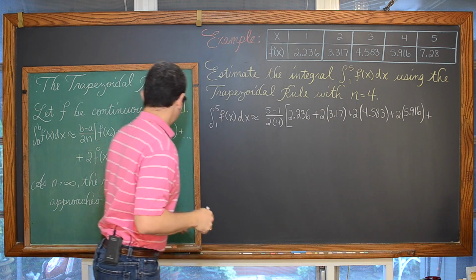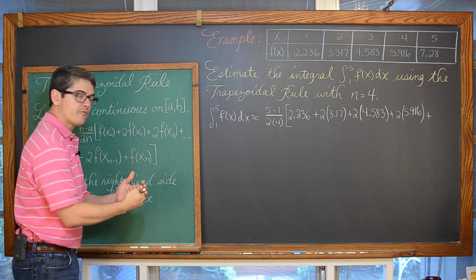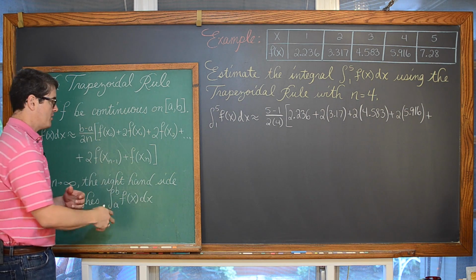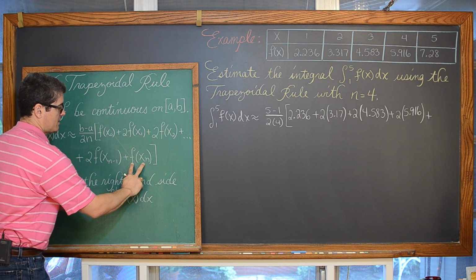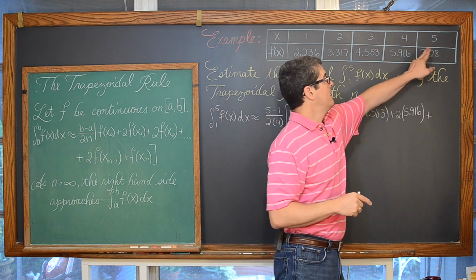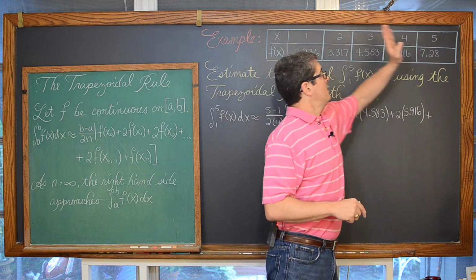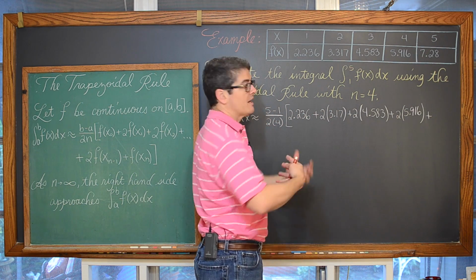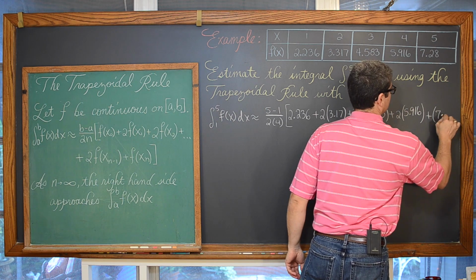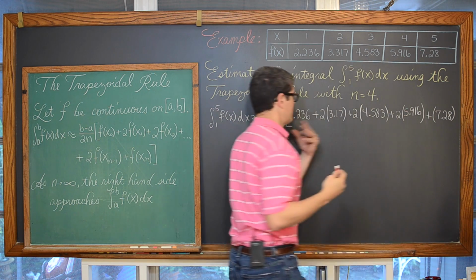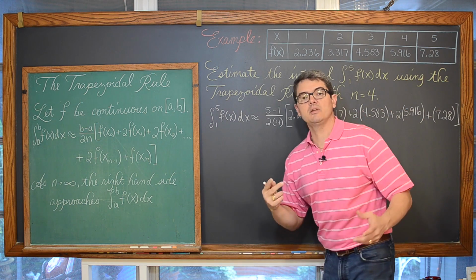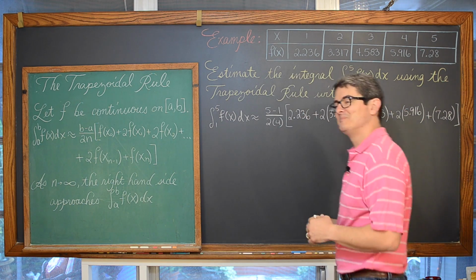plus, and now again, hopefully you understood from my example, working through it with our geometry knowledge, and not this rule, why this last term does not have a coefficient of 2 in front of it. So make sure that on the first and last x within our interval, you don't put a 2 in front, and we have 7.28. So let me step off and reveal this work one step at a time, and then move on to estimating definite integrals using Simpson's rule.